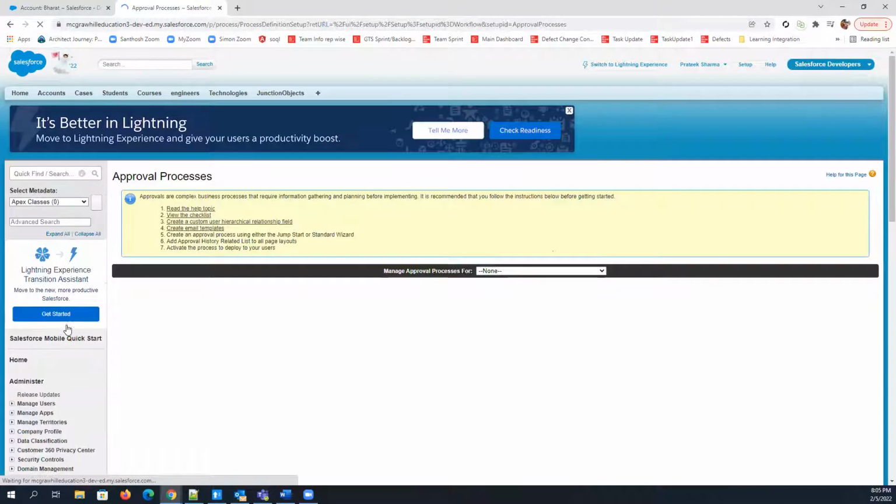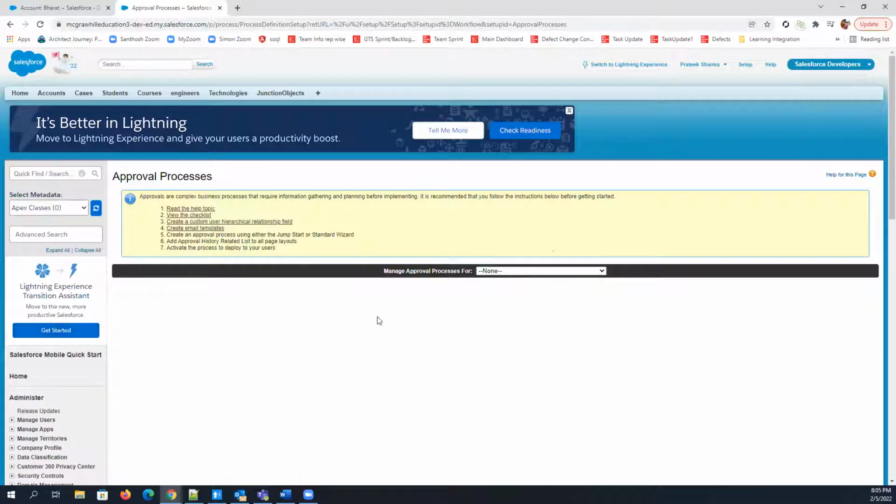So I'm just clicking on this approval process. And here, manage approval process for, you just need to select the object here. And before that, you can simply read the steps here, right? For an approval process, you just need to fill this 7-step process.